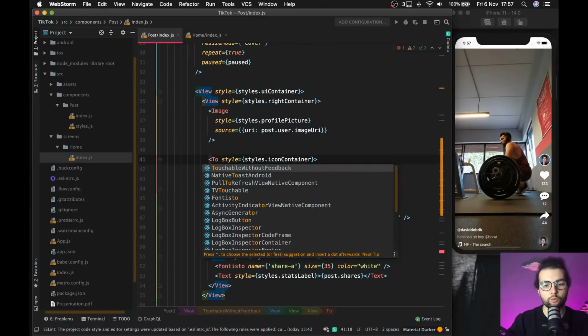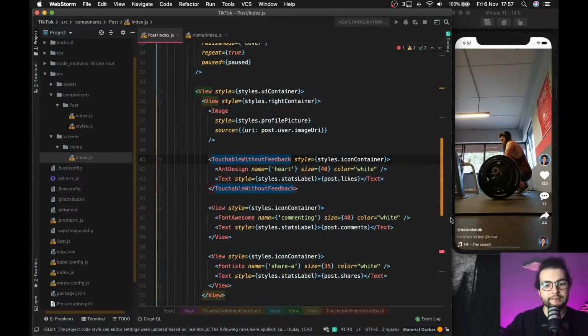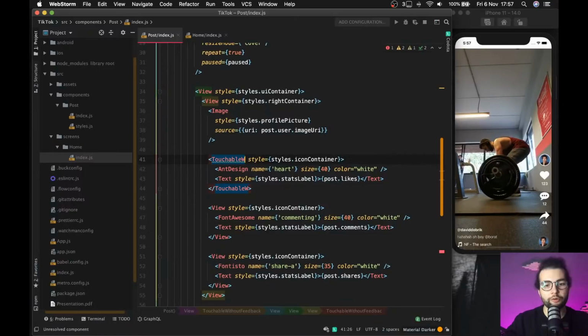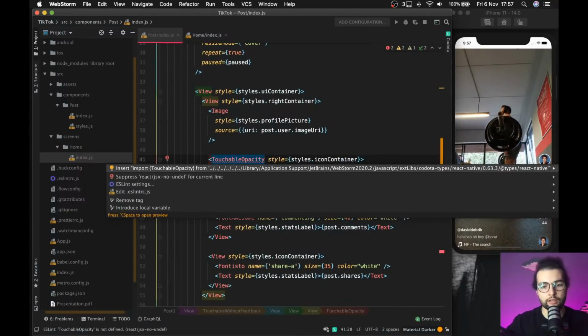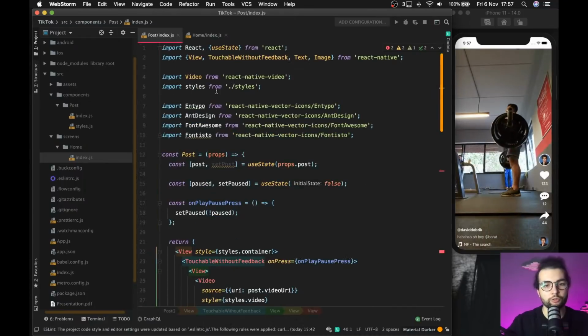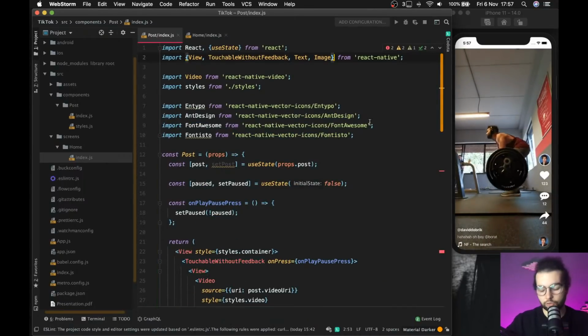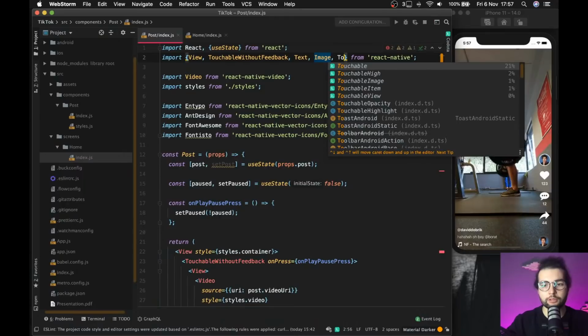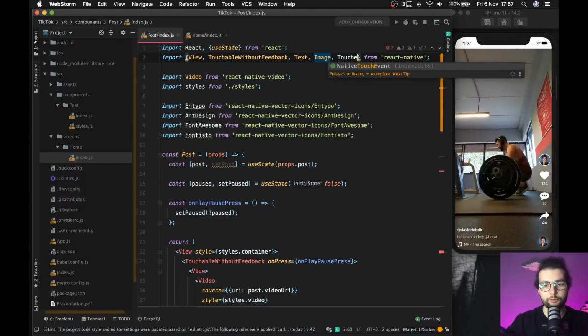Let's see if it will work. Touchable without feedback. I'll go with a different one, touchable opacity. And I'll import it. No, it doesn't want to import from React Native. I don't know why. Touchable. Help me write touchable